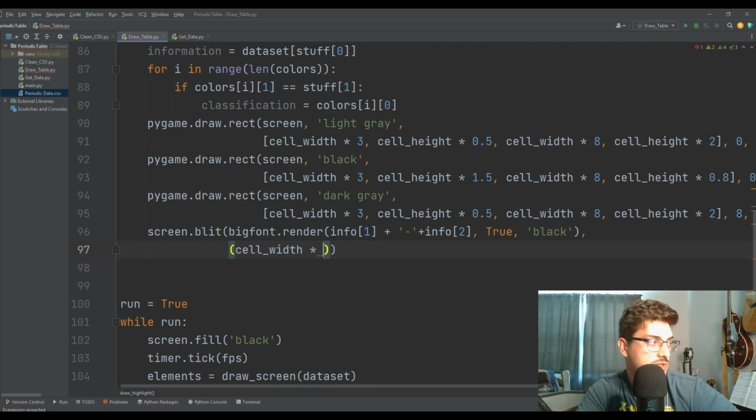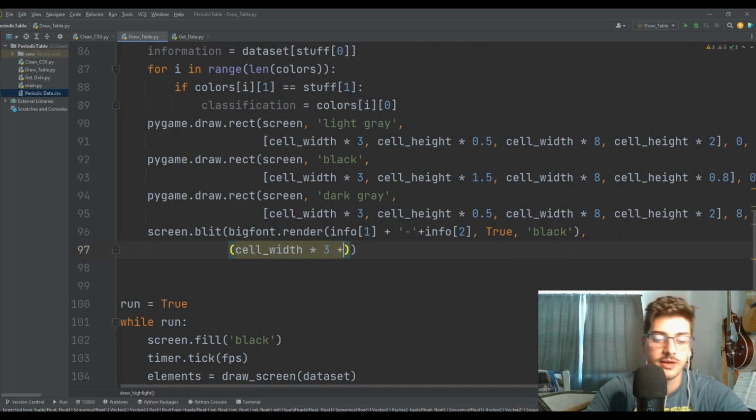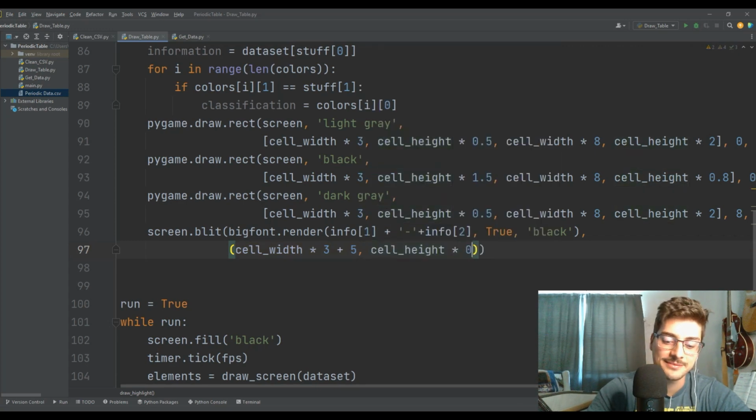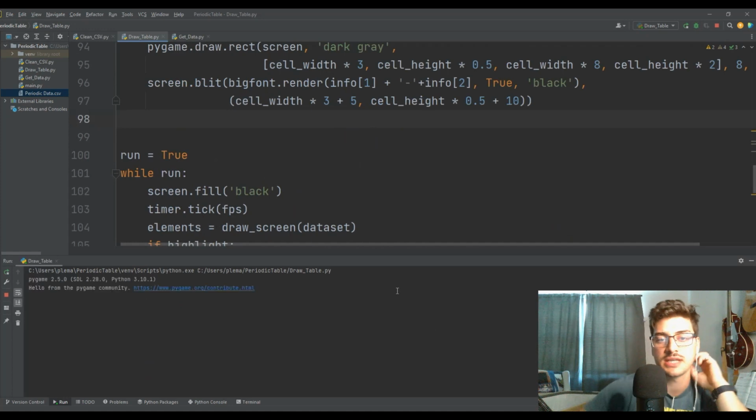Am I getting twisted? Yes, I am. Okay, it's going to be at cell width times 3 plus, why is this so hard for me now? Plus 5, and then cell height times 0.5 plus 10. Okay, so let's go ahead and see. That should just give us in black